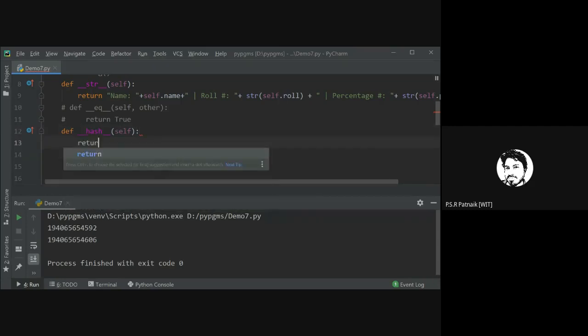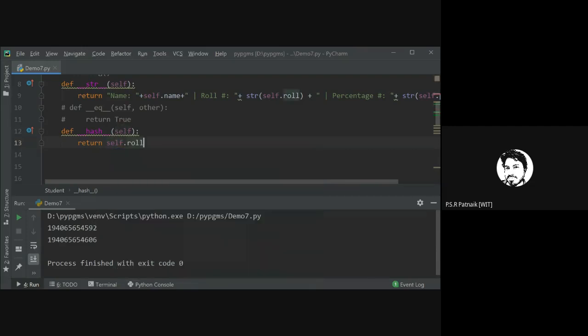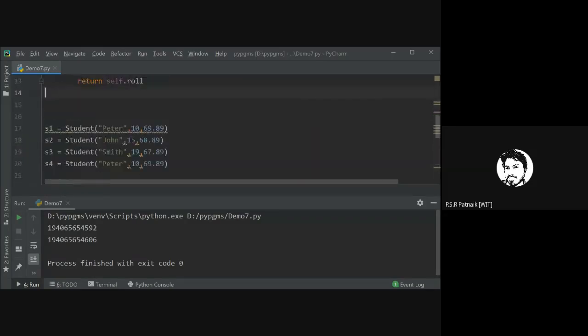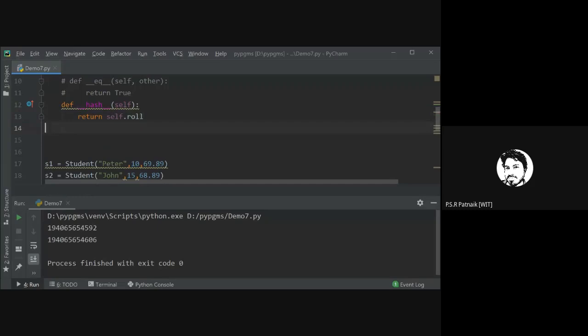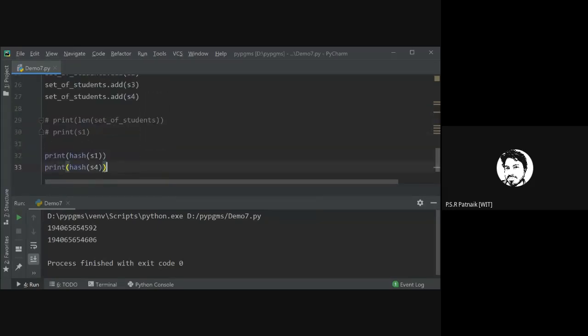So for example, here what I'll do, the simplest of simplest, I will use the roll number as the hash value, a unique way of representing a student. Okay, that's fine. So if I do this, return self.roll, now let me check what would be the output of these two codes.